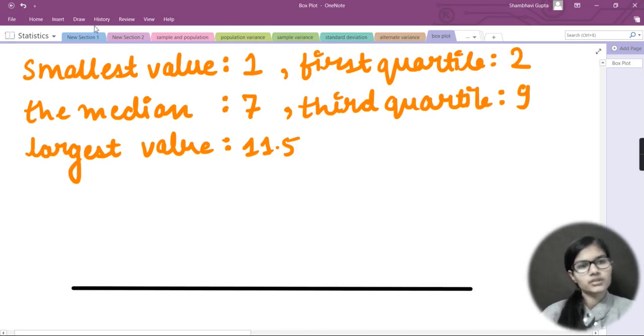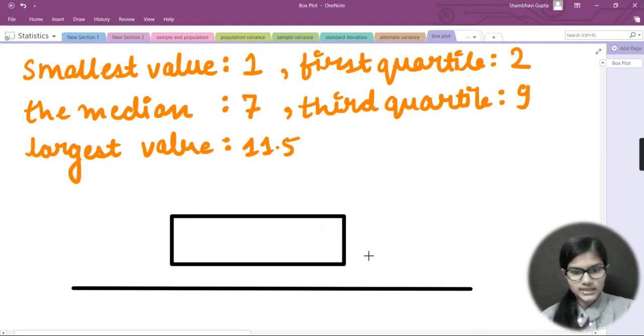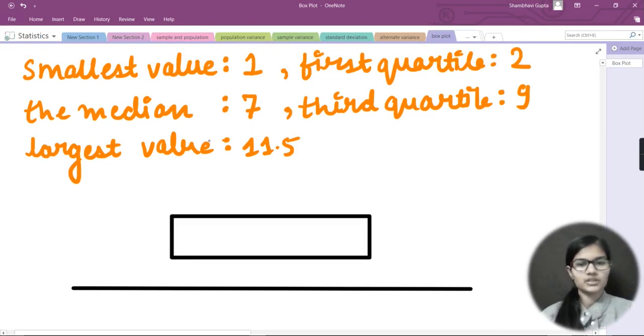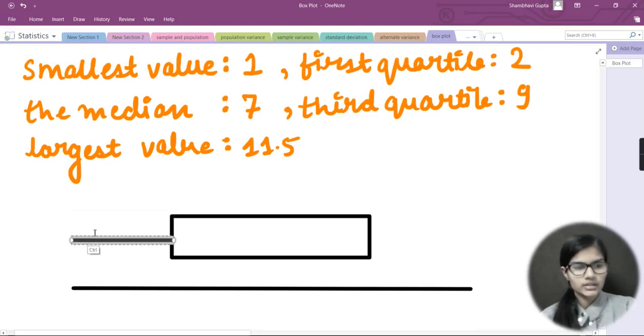Now next what I need to do is make a rectangle here. This is absolutely fine. Now I would be naming the points and giving the values. In the box plot we have a straight line, something like this, and this side also I have a straight line. Just let me take the lines one more time, and let me wrap this thing.